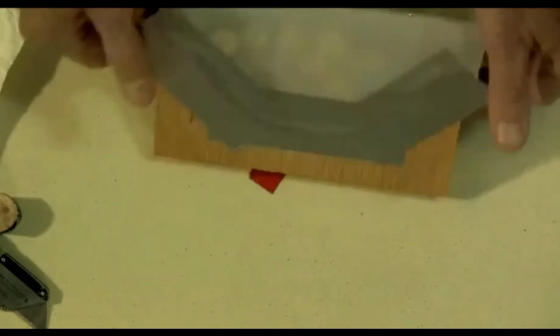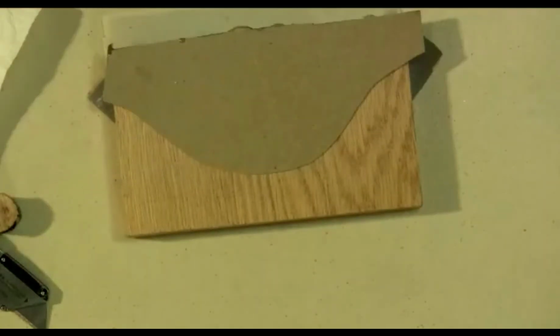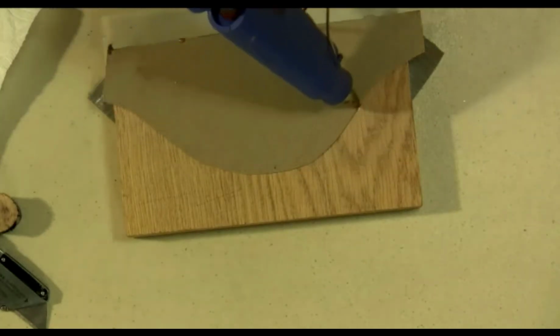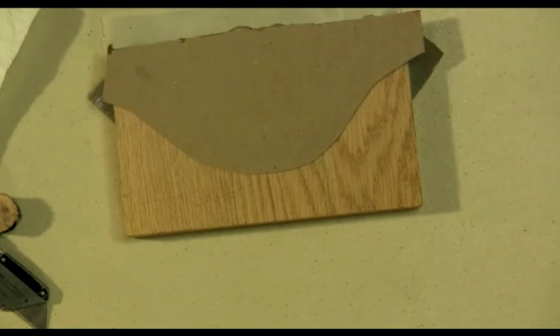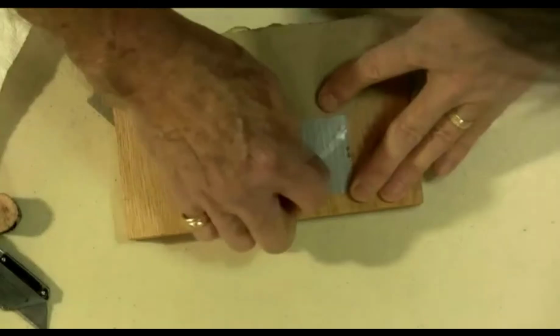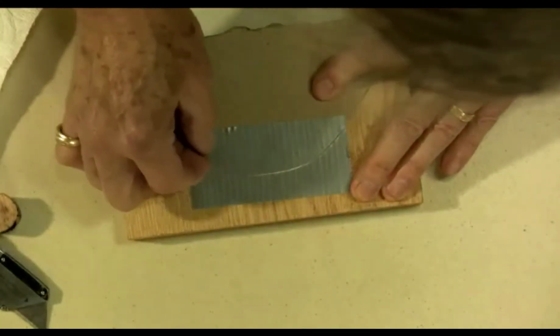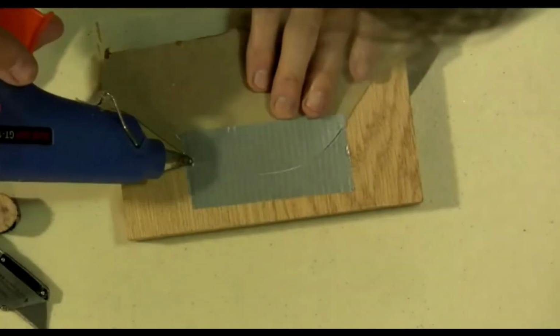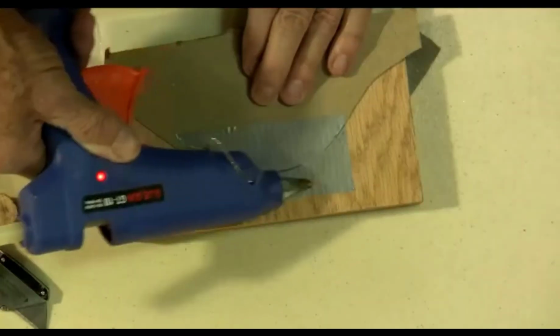Now, what did I do to the backside? I would do the same thing. I would take a piece of duct tape. You can make it more positive if you really, well, I'm gonna mess that bag up. You could go right along the very edge and put a real light coating of hot glue on there. But all I did was run my fingernail along the edge of where that was at. And again, I took the glue gun and just real lightly, and any spots I seen,